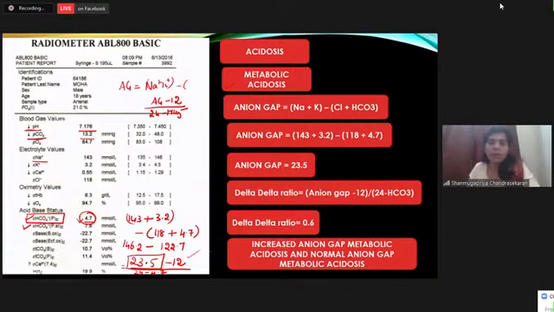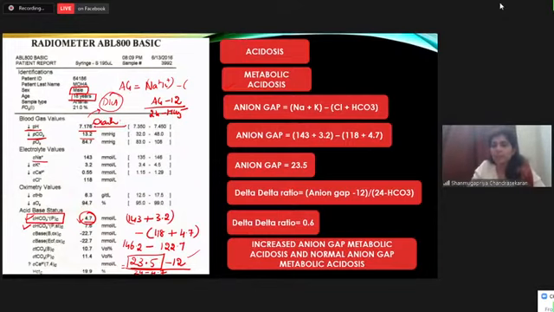What do you think are the possibilities here? With this, you're not going to end, right? Based on the patient's other values, demographic values, or other clinical conditions, you're going to find out what the possibility is. So look at the age here. Age is 18 years, male. So ask for diabetes history. If it's a known diabetic, then it is diabetic ketoacidosis, which is caused by some diarrhea.